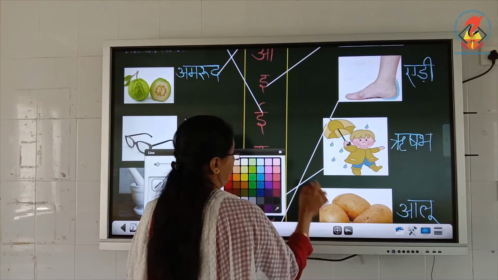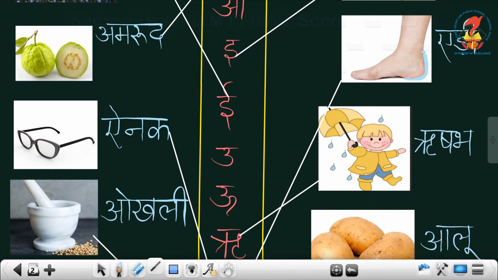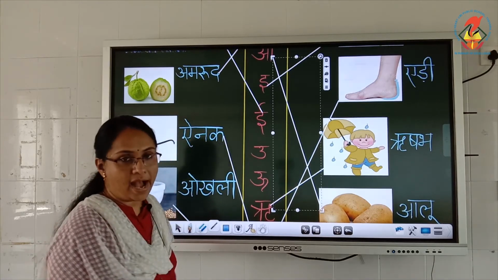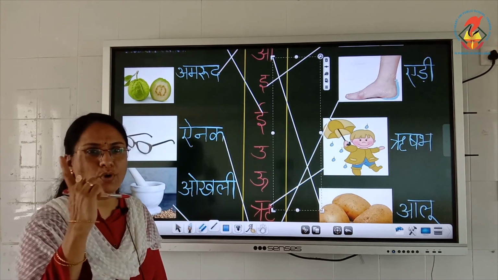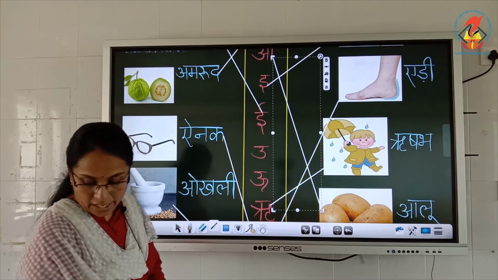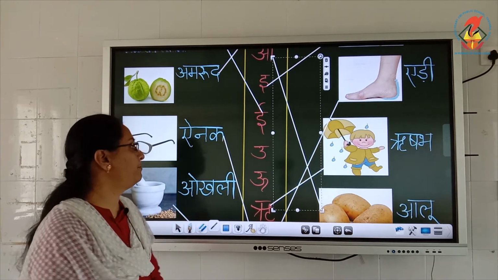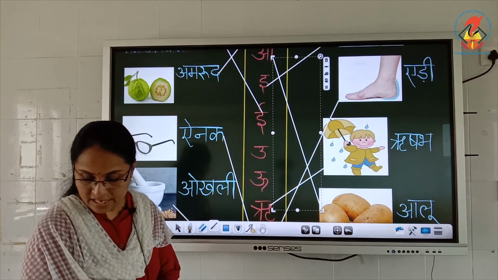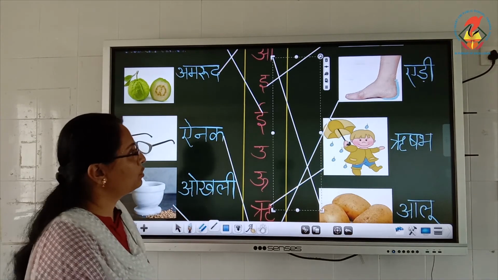Let us see. Now since if I take it down you will not get it, but I'm just matching it from here. Let us do the matching work first. ये हुआ तुम्हारा आलू. देखा? आलू. Can you see? I hope you have understood how to do this. I have left only 2 more pictures for you which you need to match. Okay? You please do that yourself. Can you do it yourself? Yes? Okay. Very nice.